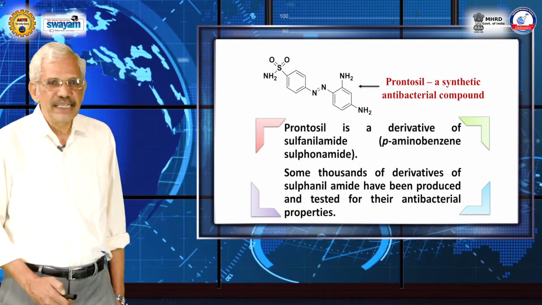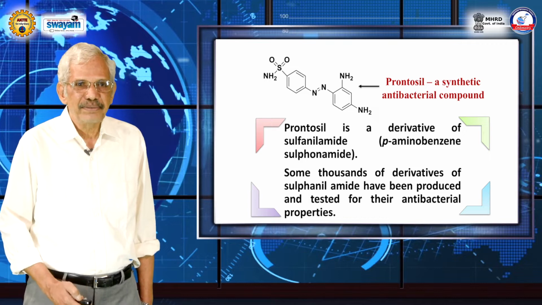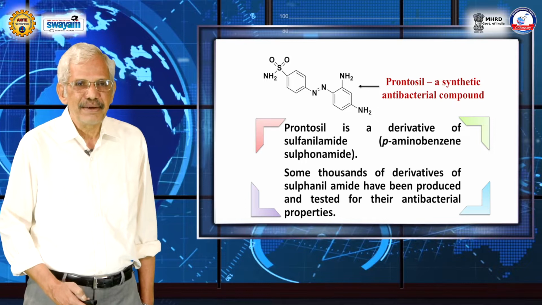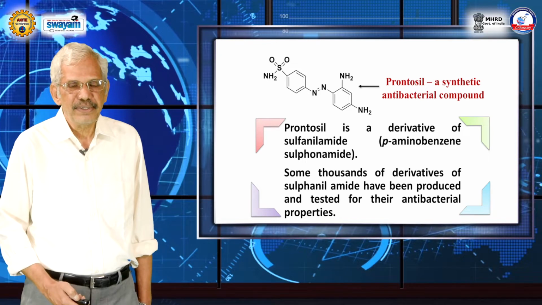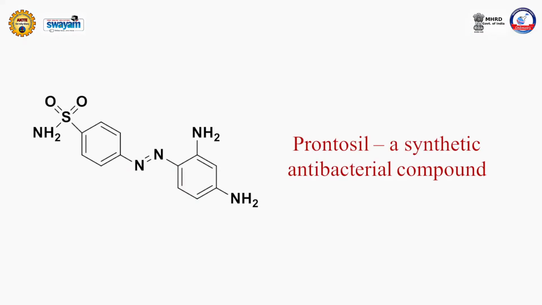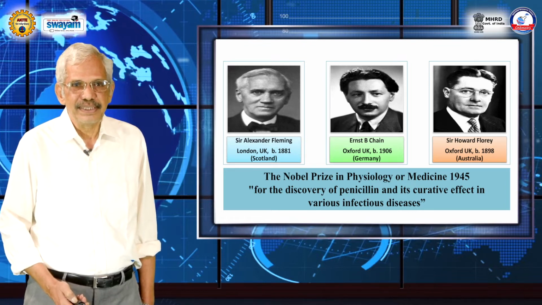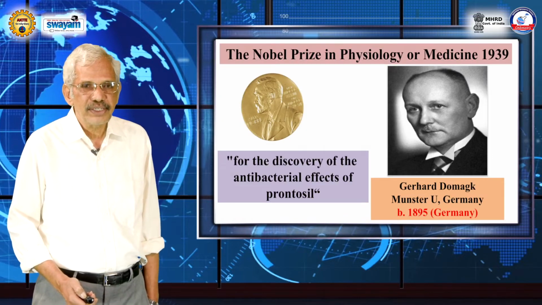Well, some milestones in this drug discovery area. All of you are aware during the World War times, antibiotics surfaced and they became very popular. Some of them were discovered in a hit and trial approach, and others serendipitously. Prontacil was one of those antibacterial compounds, and penicillin, all of you are aware of the history of evolution of penicillin. And these scientists of course were awarded the Nobel Prize. So in those years, 1945 Nobel for penicillin and 1939 Nobel for Prontacil.